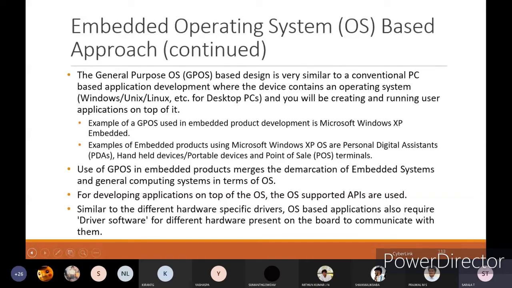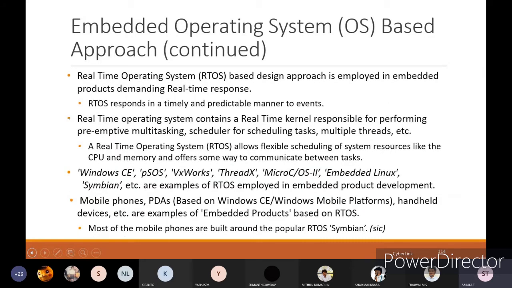The real-time operating system based design approach is employed in embedded products demanding real-time response. Whenever the embedded system requires real-time responses, you have to use a real-time operating system.